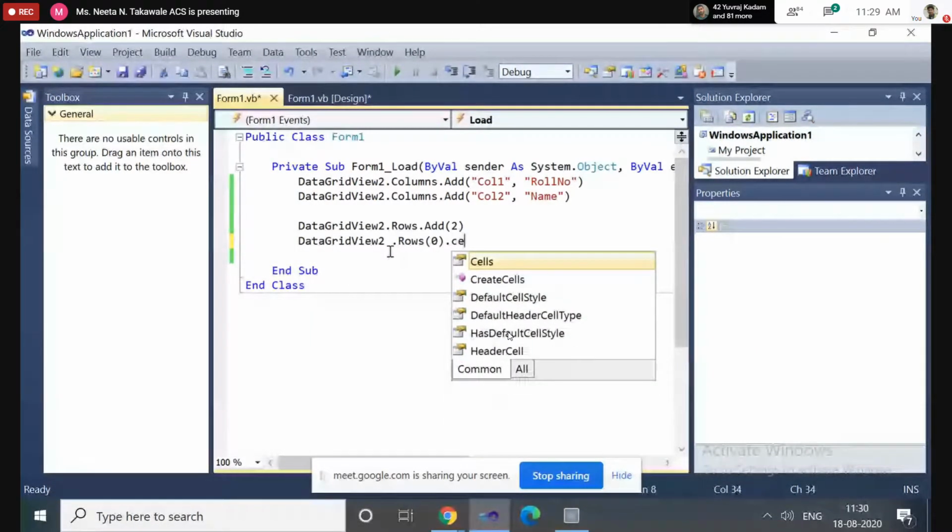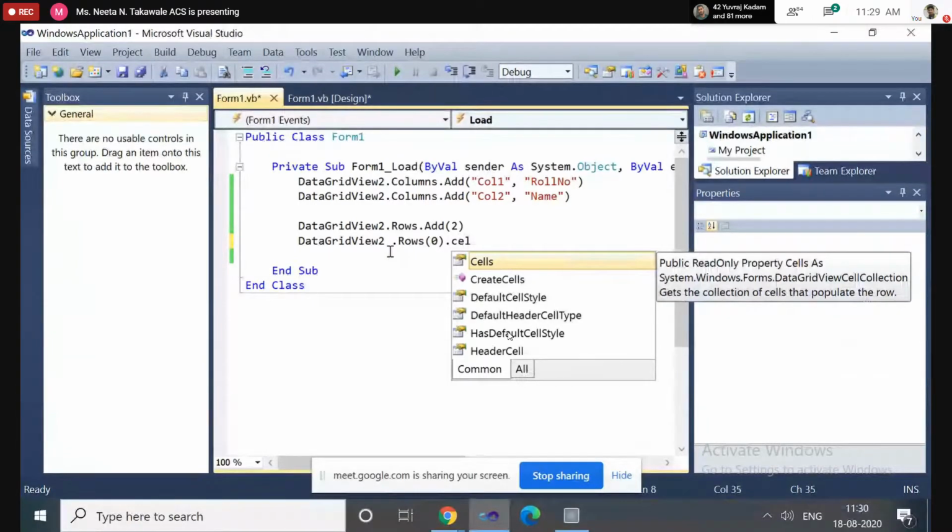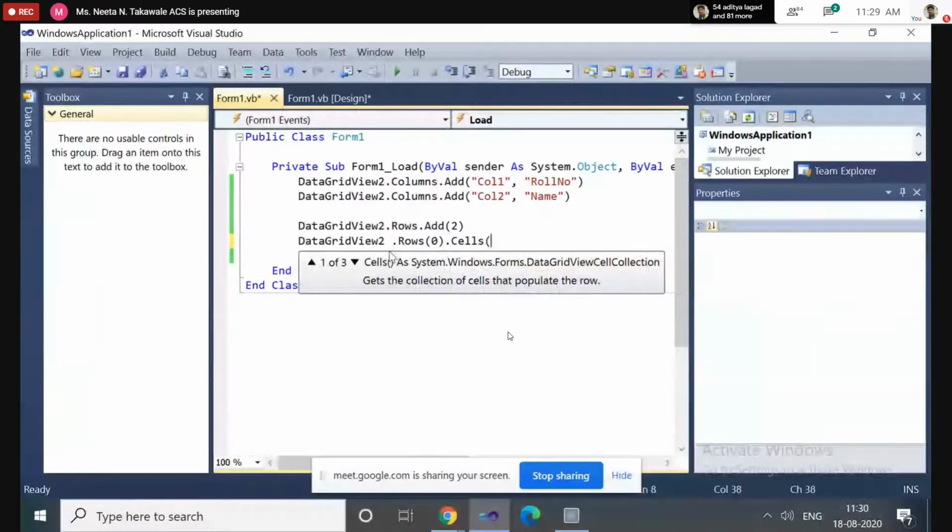So first we have to access the first cell. How to access? Using the Cells method: Rows(0).Cells. It takes one parameter, that is the name of the cell. What is the name of the first cell?